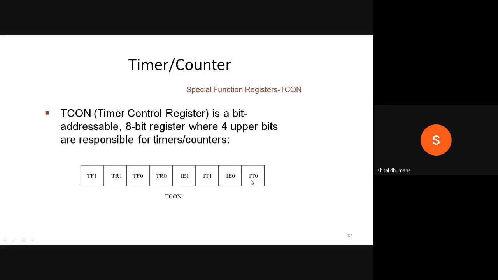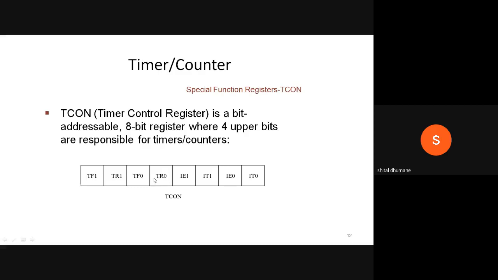So this TCON register is responsible for timers, counters and also interrupts. The upper 4 bits are for timer and counter only, and the lower 4 are for the interrupt. So for now we will see just the 4 bits associated with the timer and counter.